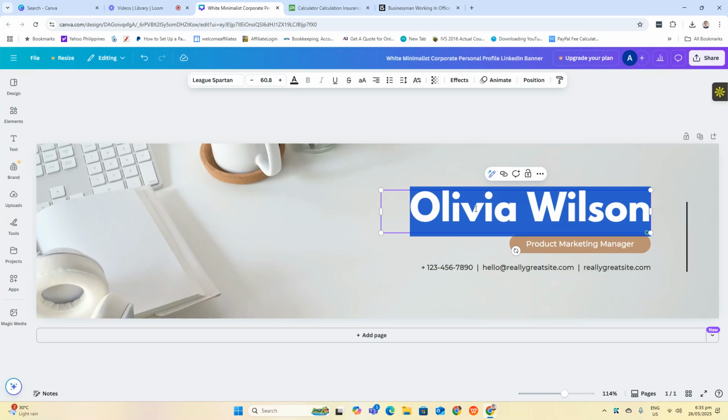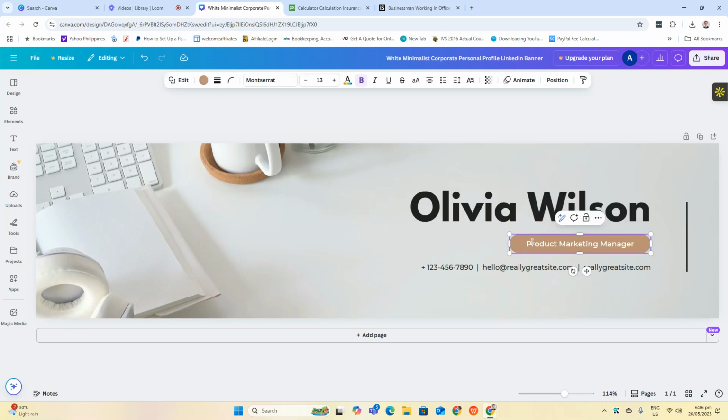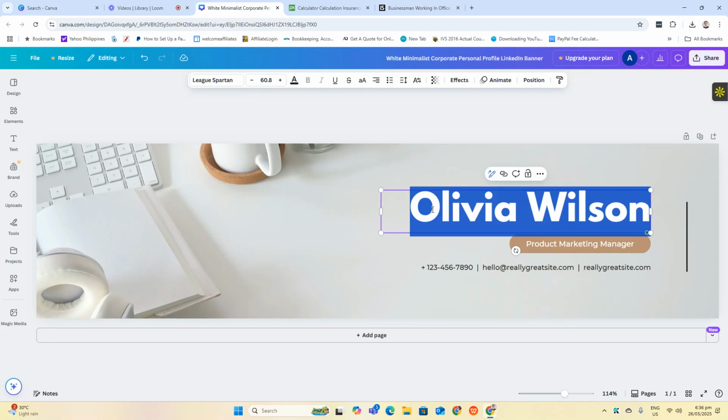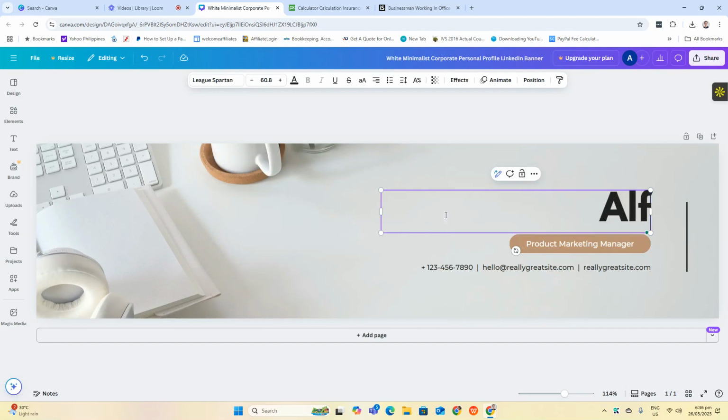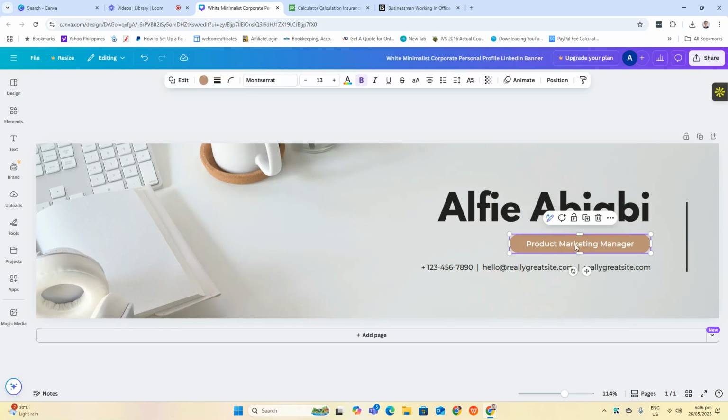So you can also place here the name of your bookkeeping agency or even your name. Okay, so that's okay. And then here, you can place your hook offer or your offer statement. Okay, so there are lots of ways to optimize your profile. Okay, so let's try this one.